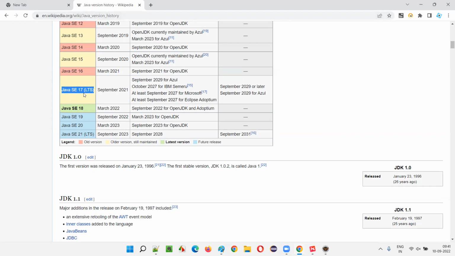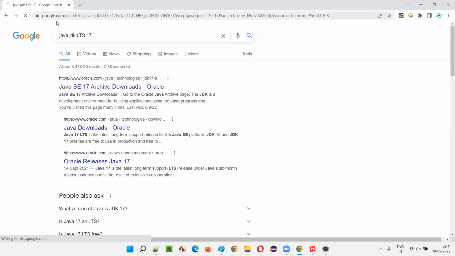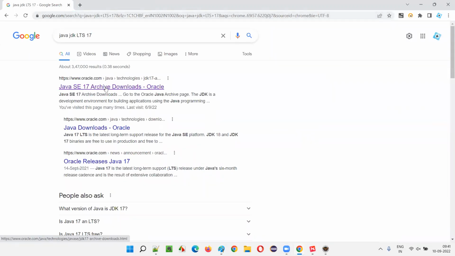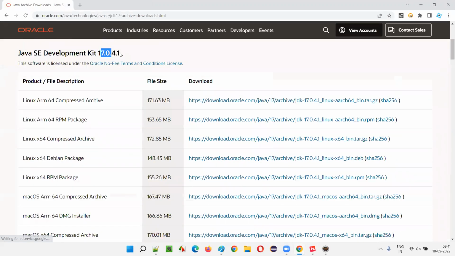How to download this Java SE 17 LTS or Java JDK LTS 17? Just Google search for it: Java JDK LTS 17, just like this. You'll get this Oracle website link to download. Click on that link and scroll down, guys. You see, it's getting updates. The latest updated Java SE or JDK 17 version is